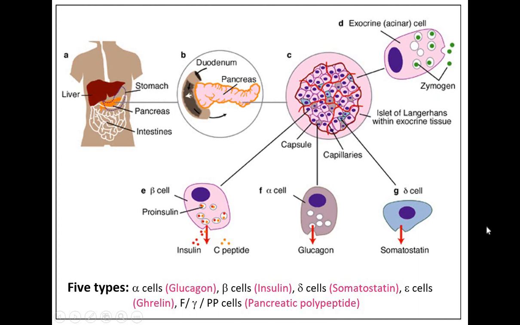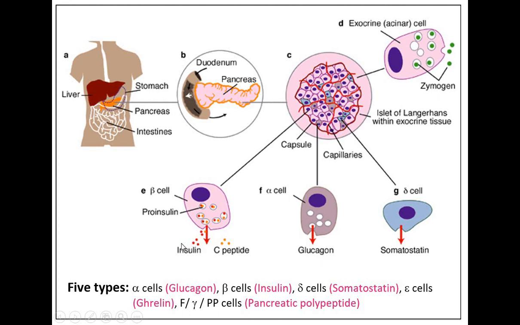There you can see that 3 cells have been mentioned here, but actually as we have discussed, there are 5 types. The large quantity, 60% of the pancreatic islet cells, are beta cells, which is again a very important topic in this lecture, because beta cells release the major hormone of the pancreas, that is insulin, right? 30% of the pancreatic islet cells are alpha cells, and they release glucagon.